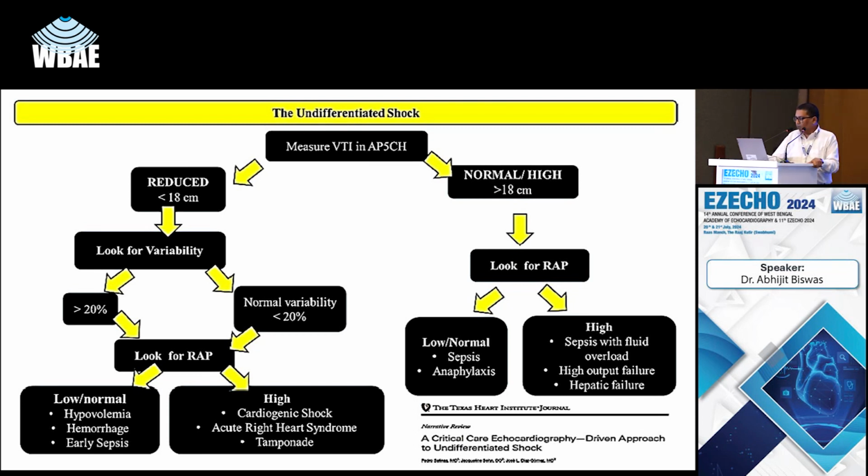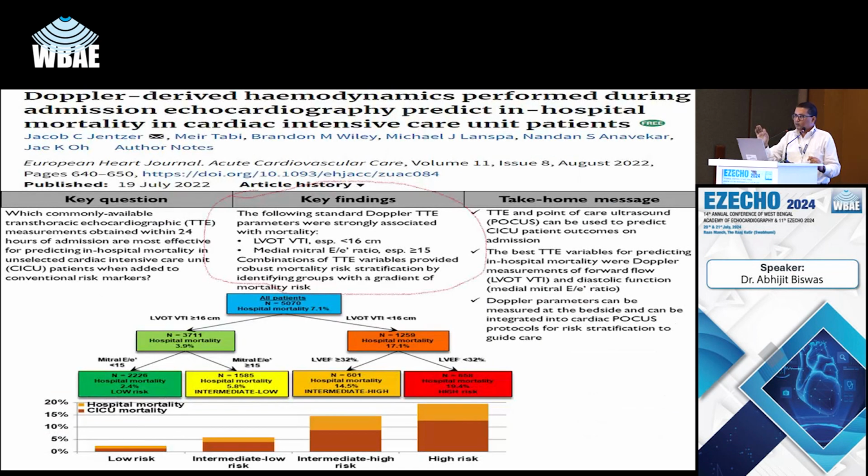And you look at the obstructive shock. These are very telltale signs. I am not going into RV function, pulmonary hypertension, we had that yesterday. One thing I would like to mention categorically, in a dehydrated patient, if the patient is having mild concentric hypertrophy, it may cause LV outflow tract obstruction, and that is not hypertrophic obstructive cardiomyopathy.